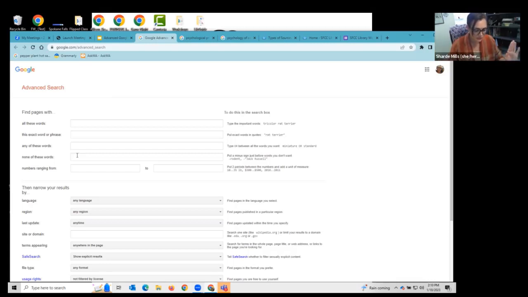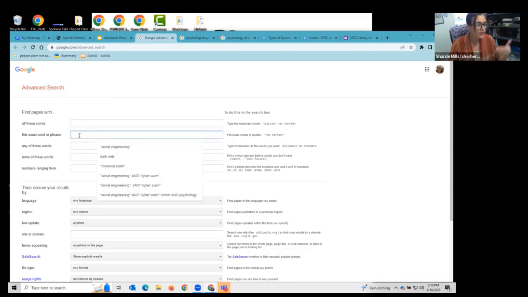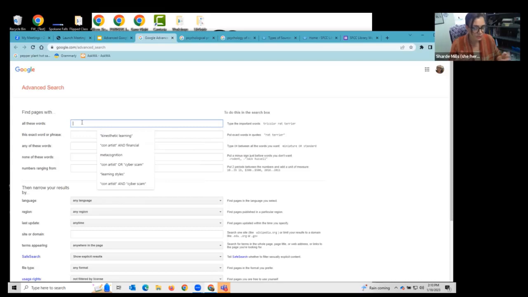So let's start with an example of the terms or phrases that I've pulled as I've been searching. Sometimes you can overwhelm Google even. So let's just do a basic search as if I was searching in the big box. Here you can see I put in the AND capitalized, which is what we call Boolean searching.